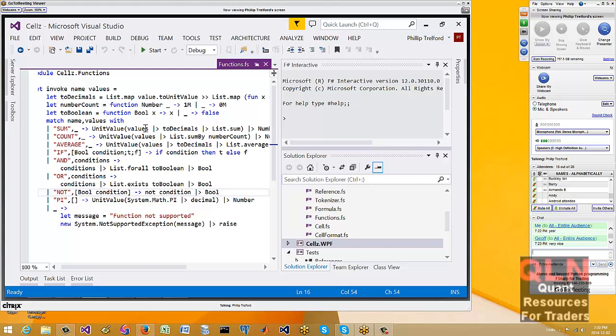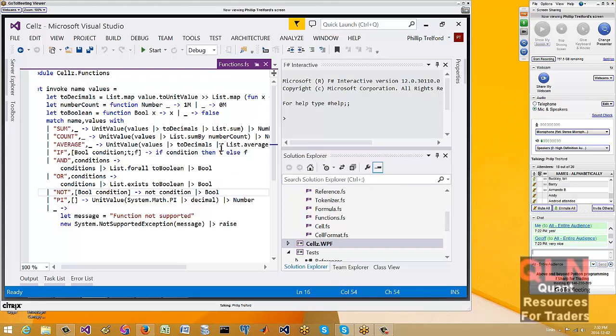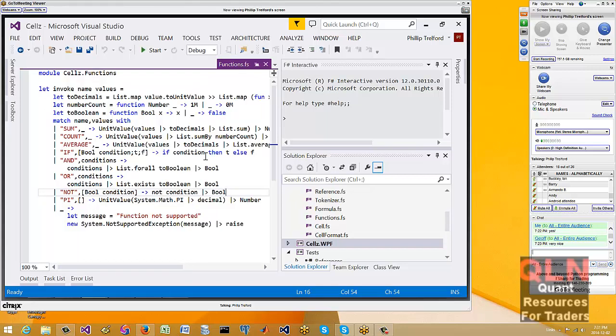If it's a sum, we take the values, convert them to decimals, and call sum. So really quite powerful abstractions, and something that you might consider to be quite difficult can be achieved very easily in a functional first language like FSharp.